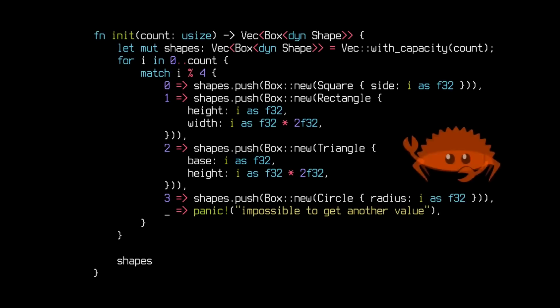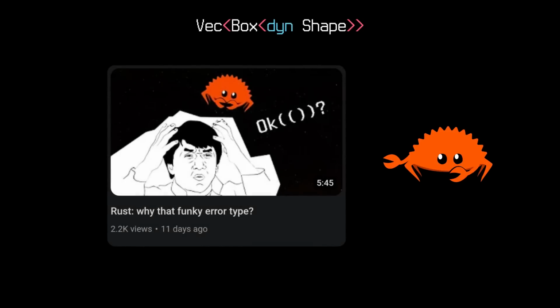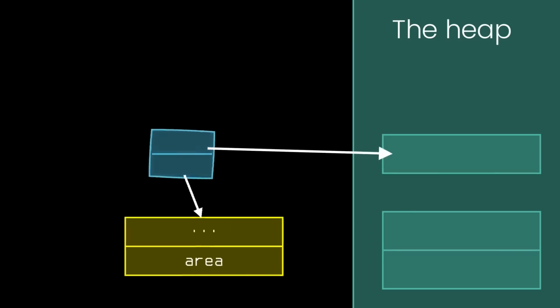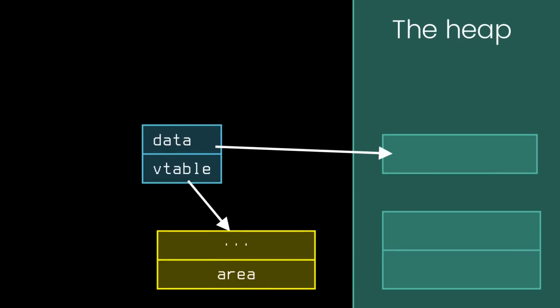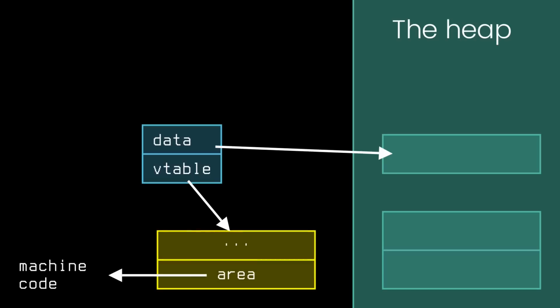We'll get to that in a while, but for now, know that it's related to horizontal scaling with regards to the CPU. Looking at the code, we can see that due to the inherent nature of how polymorphism works, we're constrained to using this box-dyn syntax. I've covered how boxing values work in a previous video, but the gist of it is that these boxed objects, also known as trait objects or fat pointers, actually have 2 pointers inside them. The raw untyped data pointer points to the underlying struct allocated on the heap, while the other pointer points to the virtual dispatch table that maps the trait methods to the respective machine code.